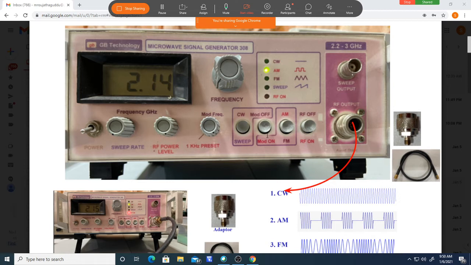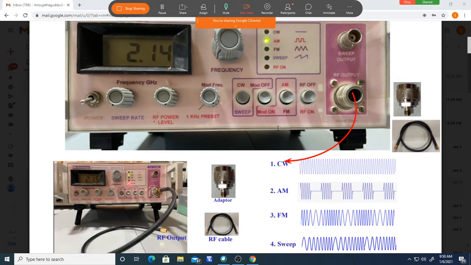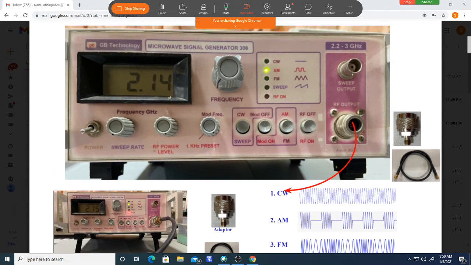Next you choose which one you want, continuous, AM, or whatever it is. Usually we are using AM in our laboratory. Okay, I will tell you why. Modulation, you should use a modulated signal. You should keep it in the released position. Press this button, that means we are selecting modulation. Out of that we want an AM signal. AM means we keep it in the released position. Pressed means FM, released means AM.